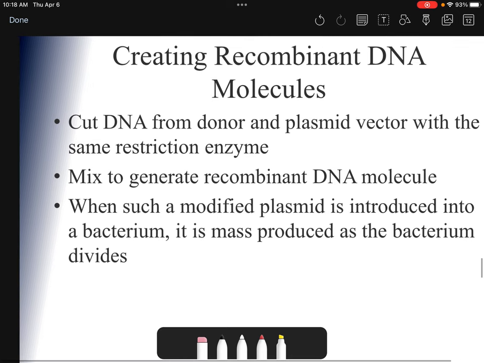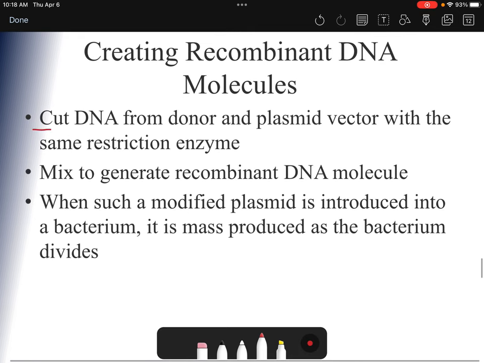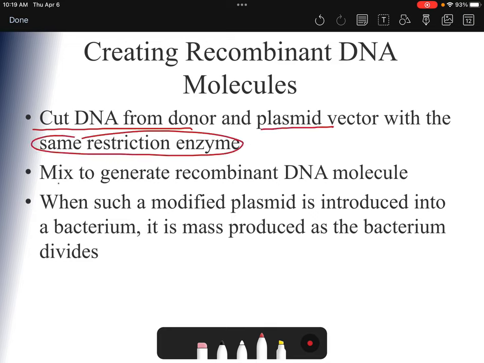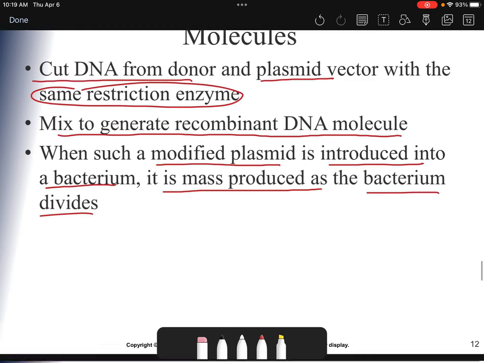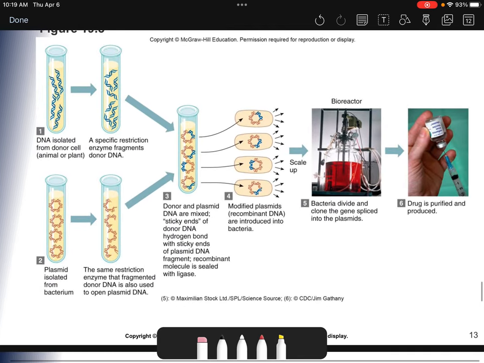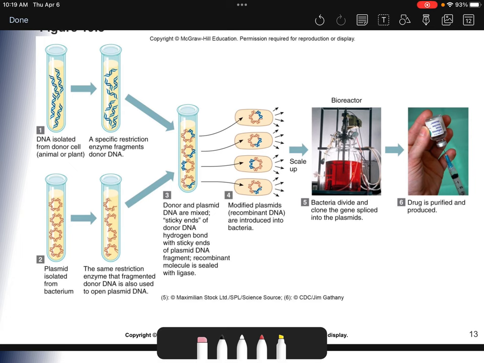So we have to first of all cut the DNA from the donor and the plasmid vector with the same restriction enzyme, and then we mix to generate the recombinant DNA molecule. Then the modified plasmid gets introduced into a bacterium, and there it can be mass produced as the bacterium divides. And so you can see here we have our DNA isolated from the donor cell,